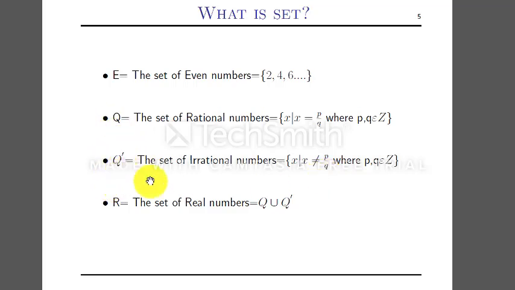When we take the union of rational and irrational numbers, one can obtain the set of real numbers, because the rational numbers contain all the above mentioned subsets of the real numbers, and the remaining numbers will be covered by the set of irrational numbers. These two sets are the major sets. When we take the union of these two sets, we obtain the set of real numbers, the whole real line. This expression shows that the set of real numbers is equal to the union of two sets: the set of rational numbers and the set of irrational numbers.